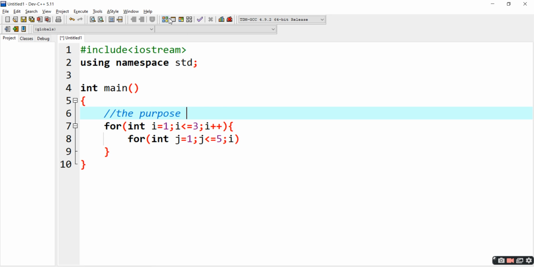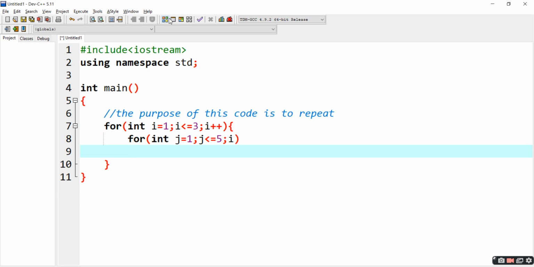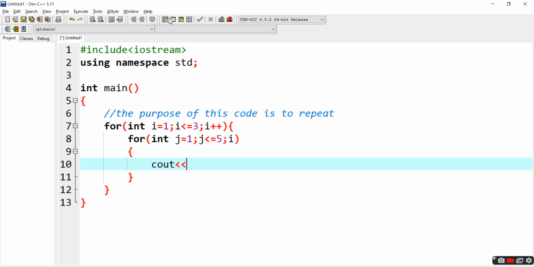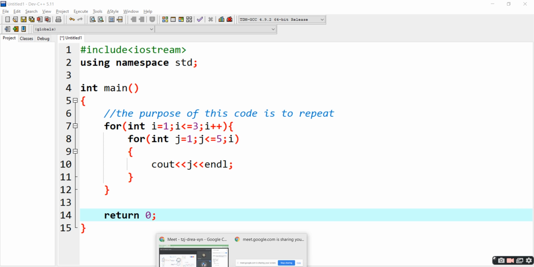That one is going to bring j equals 1, multiplied by, let's repeat, then j equals 1, j less than or equal to 10, endl, return 0, and run.